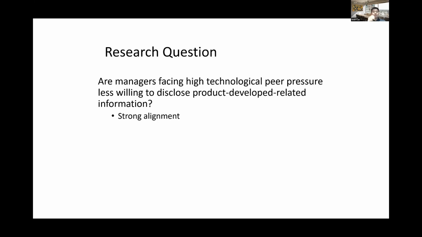However, if the competitors' technology is far away from the company's, it's very difficult for them to mimic the company's engine and technology. It's safe for companies to disclose the information to the shareholders, to regulators, to the creditors, so they can enjoy the benefit